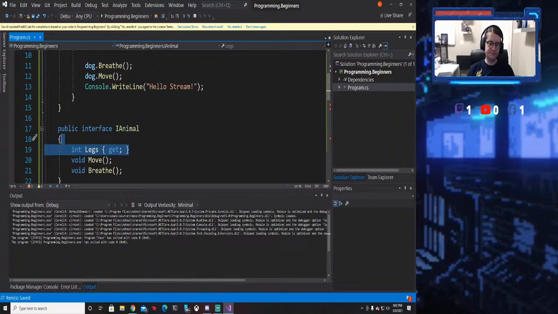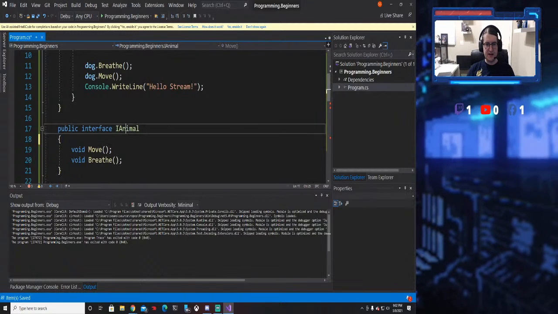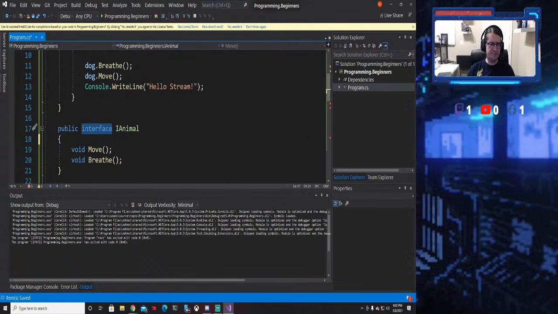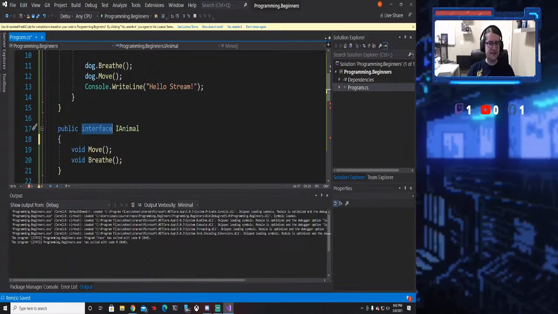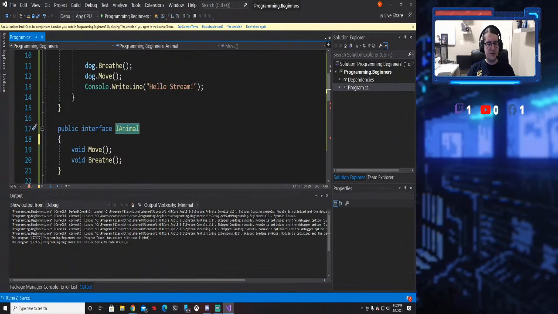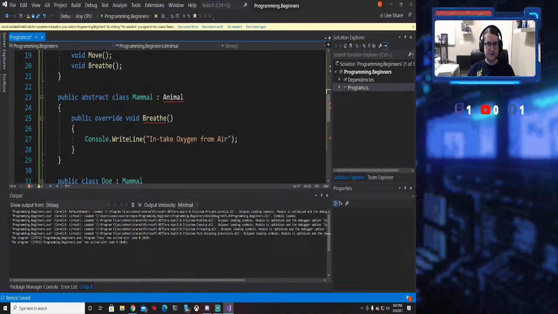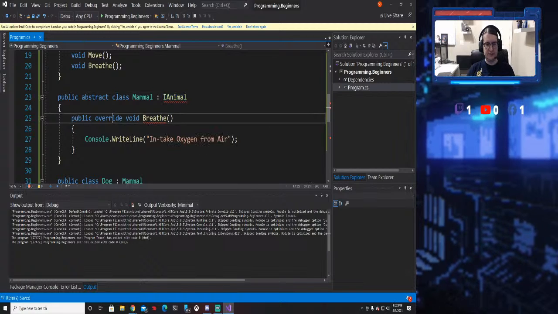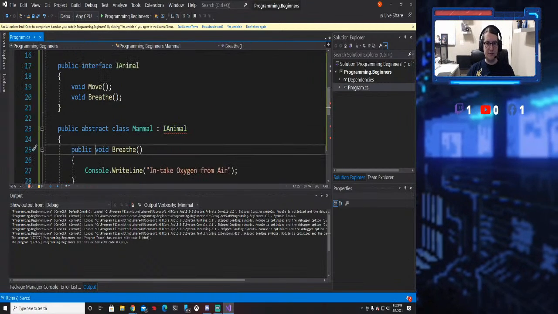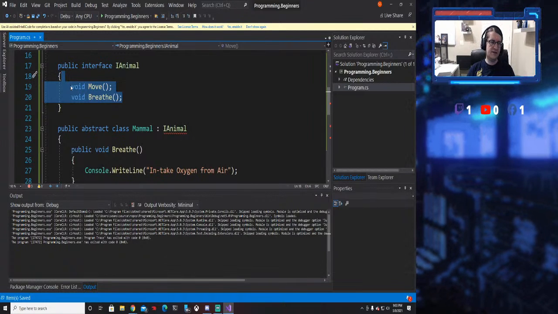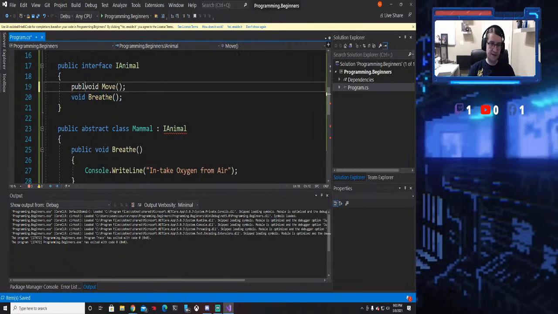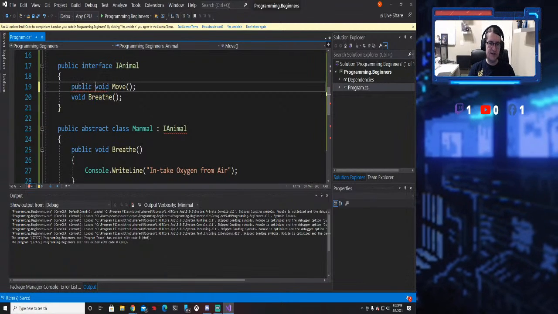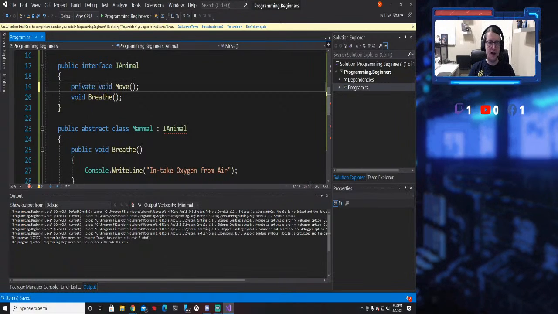But animals don't necessarily have legs. Fish don't. Mostly. Most fish don't. I'm sure there's a fish that has legs. So if I was to implement animal, then I have to implement anything defined inside the interface. And you may have noticed I got rid of public. Public is there by default. You can still leave it in there, but you cannot have a private